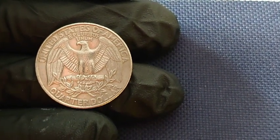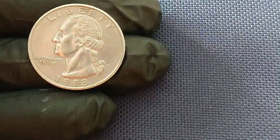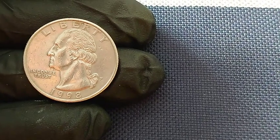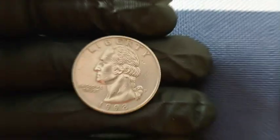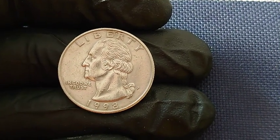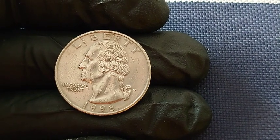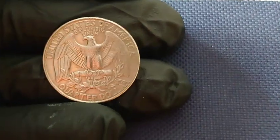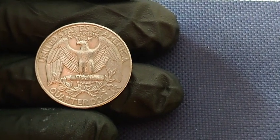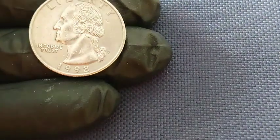1998 P quarter discovered not in a locked vault or a numismatic archive, but in a charity shop coin box in Vermont, casually dropped in by a donor who had no idea what they had released into the world, and upon first inspection, the coin appeared only slightly unusual, with a subtle misalignment in the strike that prompted the volunteer working at the shop to set it aside, and it wasn't until weeks later, when a local coin collector browsing through that same shop's tray noticed the coin's peculiar luster and distorted date, that the long journey of authentication, examination,